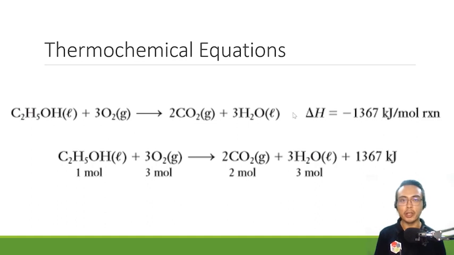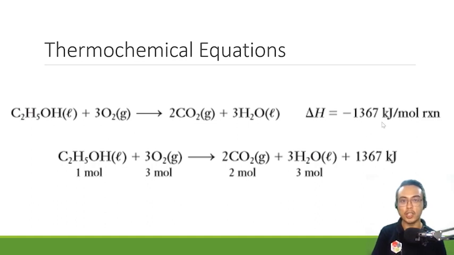First is the stoichiometry. In our past lesson on reaction stoichiometry, I mentioned to you that it's important to balance your chemical equation before you can proceed with stoichiometry. Because let's say, for example, in this equation, 1 mole of C2H5OH is equivalent to 3 moles of O2. That's also equivalent to 2 moles of CO2 and equivalent to 3 moles of H2O. The same is true for thermochemical equations because the value of delta H here can also be used for stoichiometry. Meaning 1 mole of C2H5OH, if you reacted this with 3 moles of oxygen, the reaction would give off 1,367